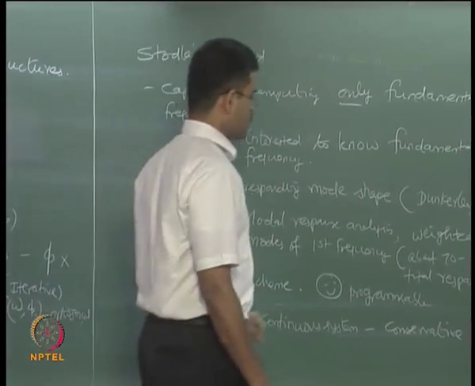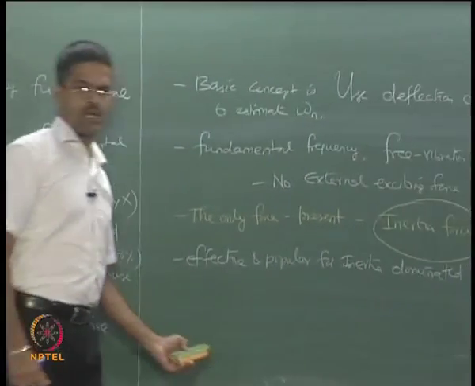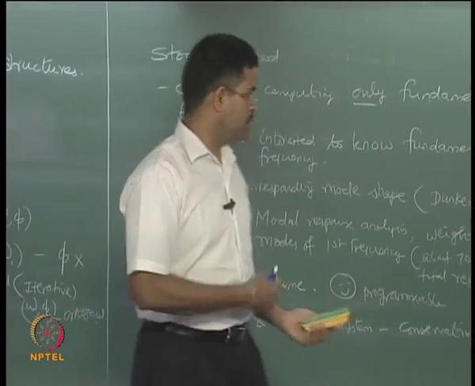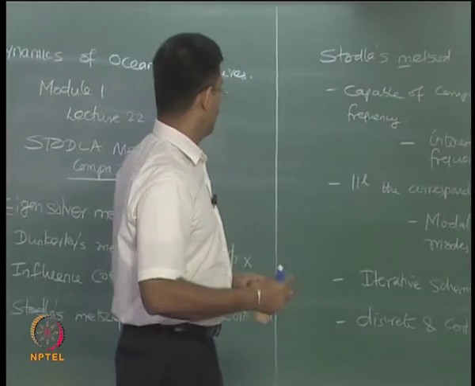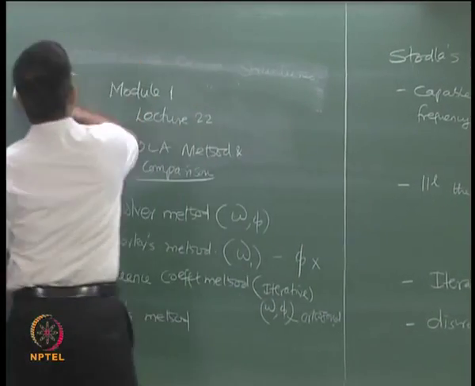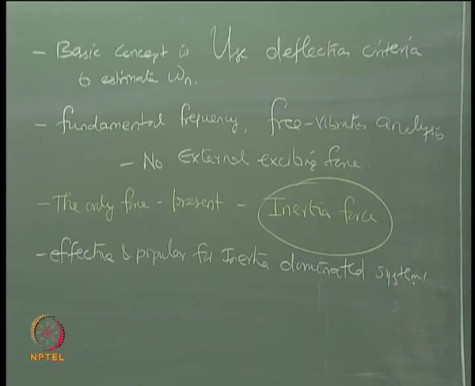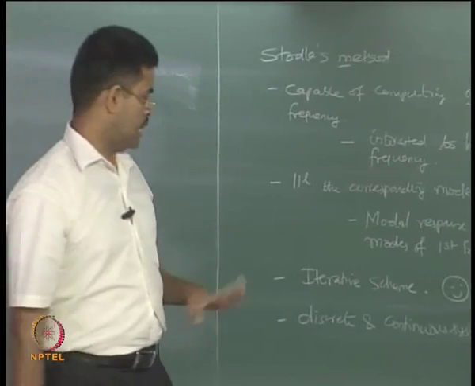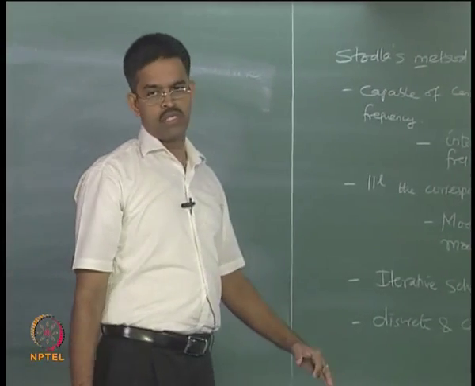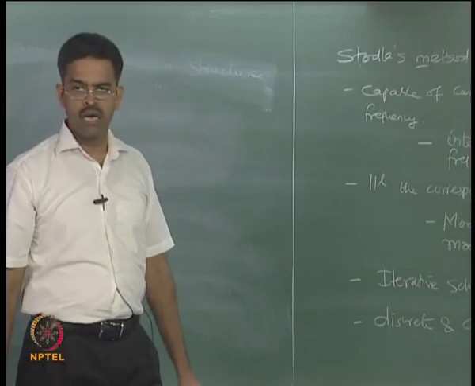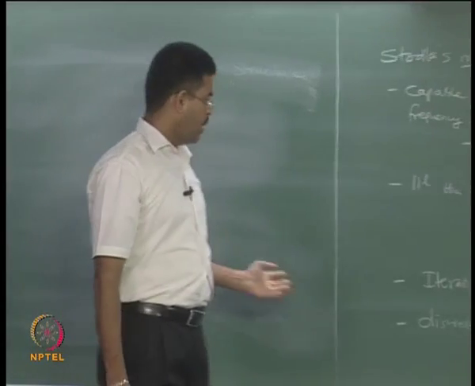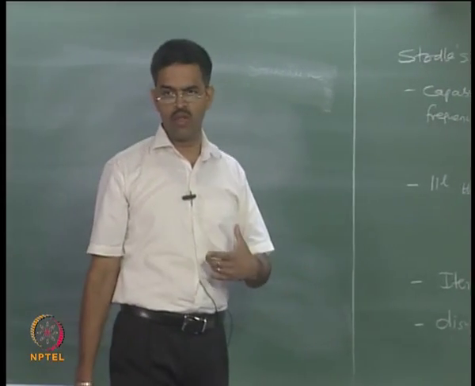Let us quickly outline this method and see how I will get omega and phi for a specific multi degree vibrating system, which we gave you in yesterday's class. We will solve the same problem. I would like to solve it again with the influence coefficient technique and compare the results with Dunkerley as well, and show a clear comparison between all the three methods, like Stodola, influence coefficient and Dunkerley, at least for the first frequency, and see whether these methods give the same value or not.